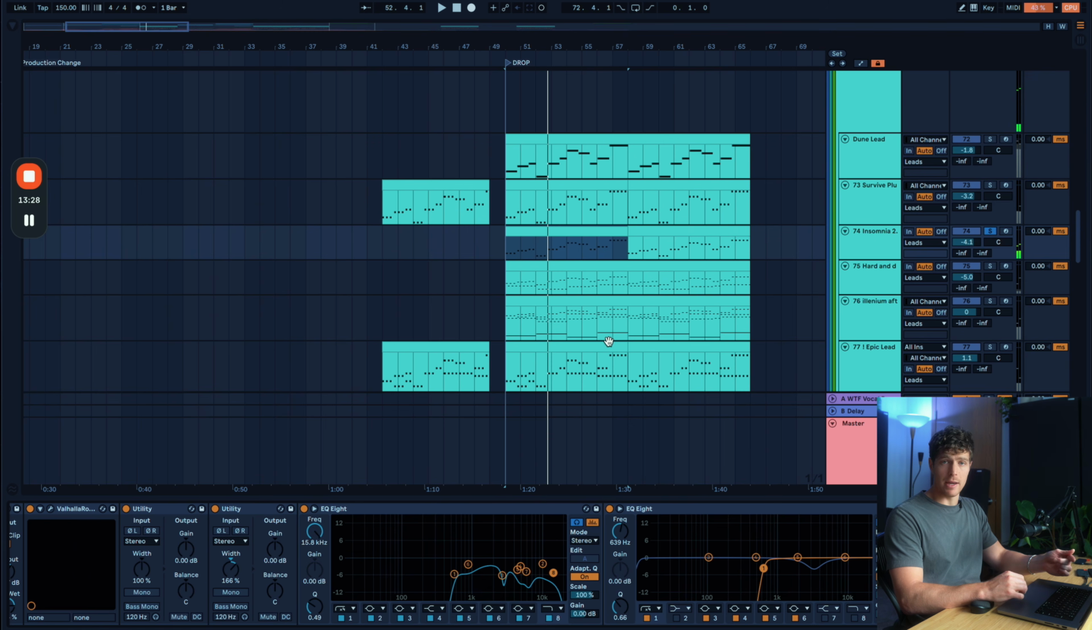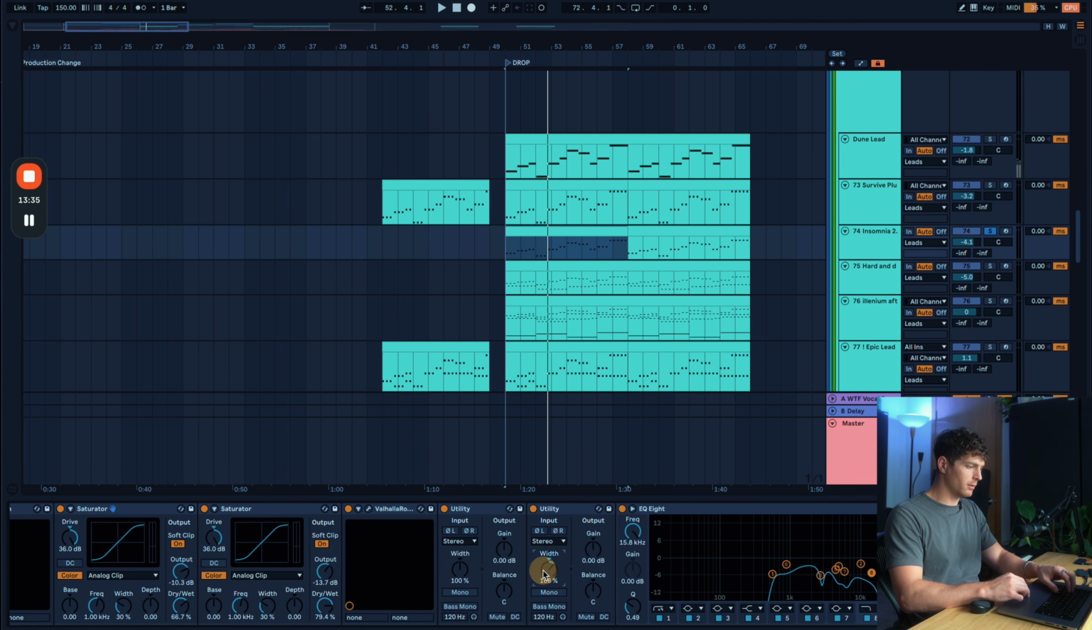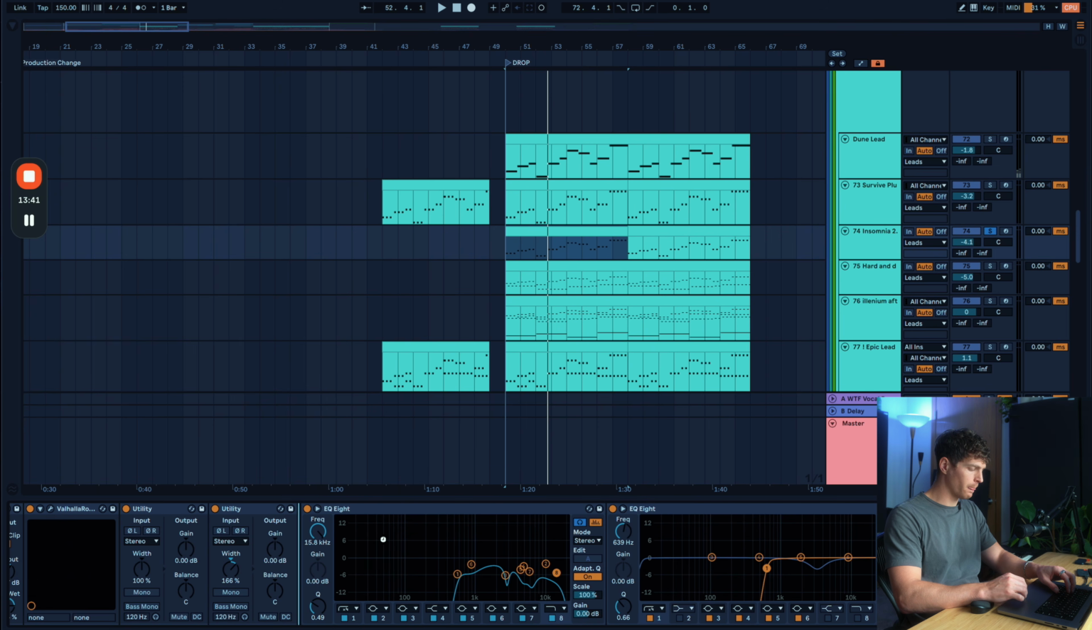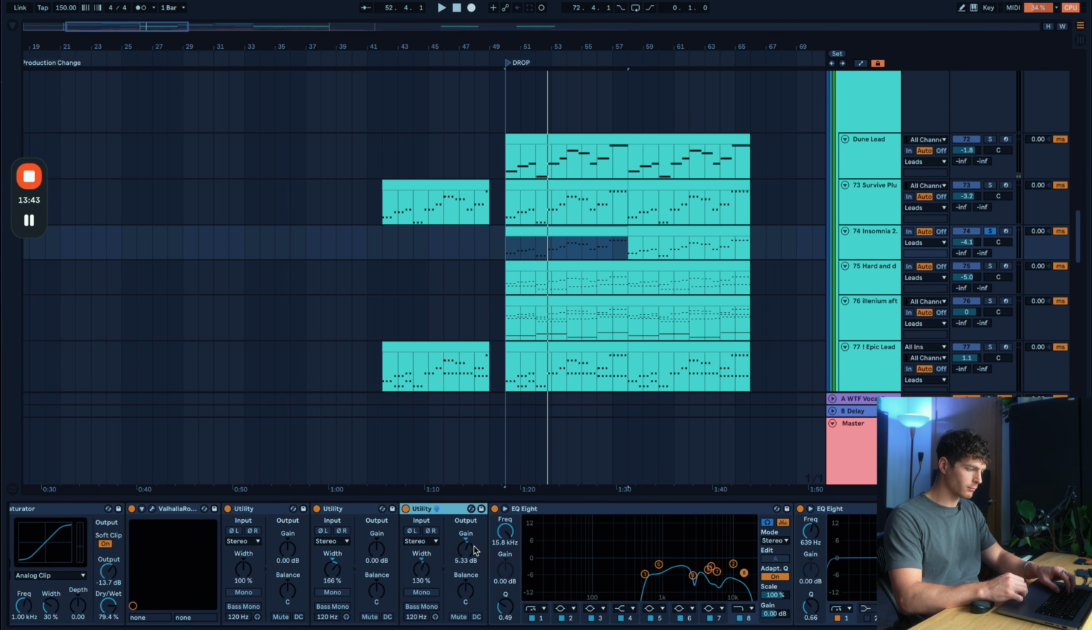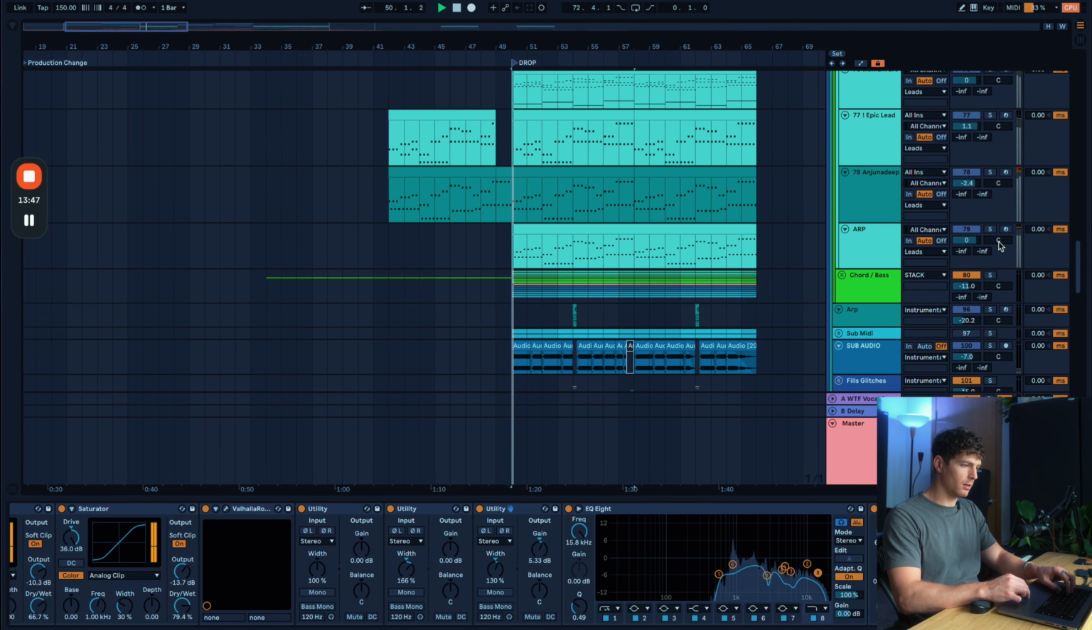one of the things about this layer is it's super wide, right? So I'm taking a utility here and I'm boosting the stereo width to 166%. I'm doing another one over here and I'm boosting it even further, another 130%. So if you listen to it with the main lead,